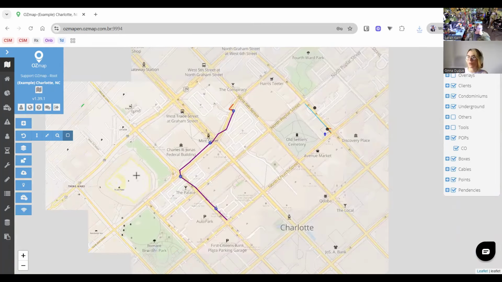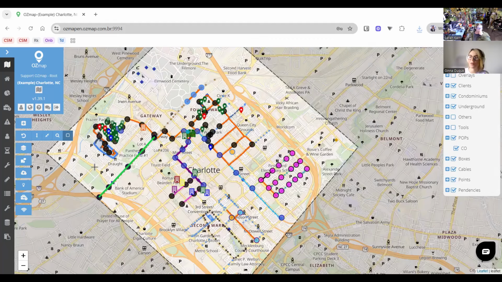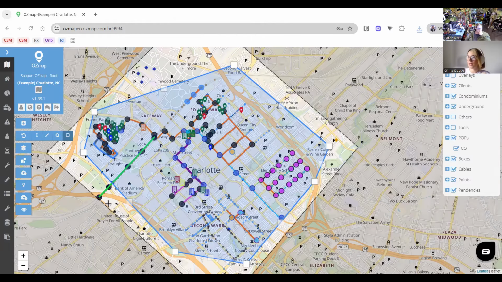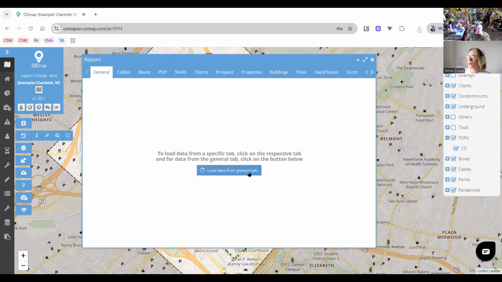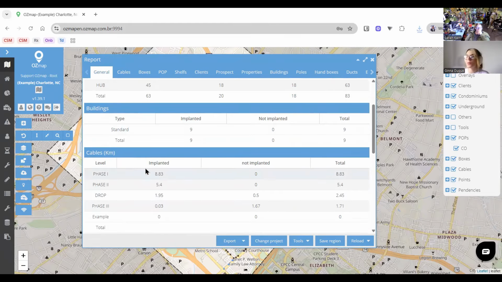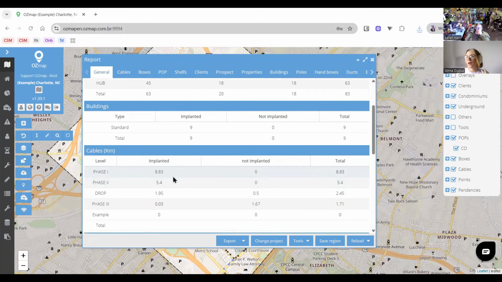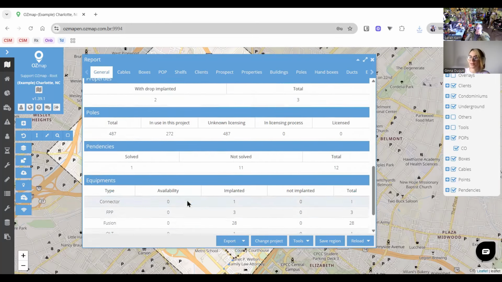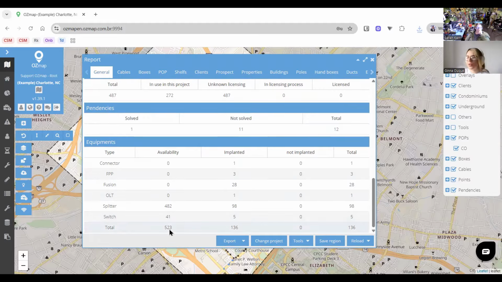If you want to know how much material you will be spending on some project, you just need to make this area for reporting like this. And you will see all the information about how much material I'm going to take, like boxes, hand boxes, buildings, for example, cables in meters, clients, properties, poles, penancies, well, and all the equipment, because in OZmap